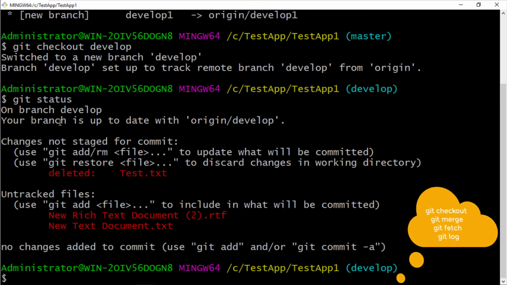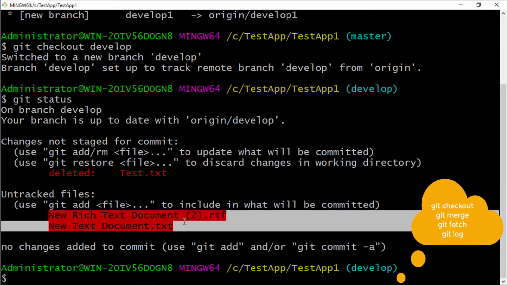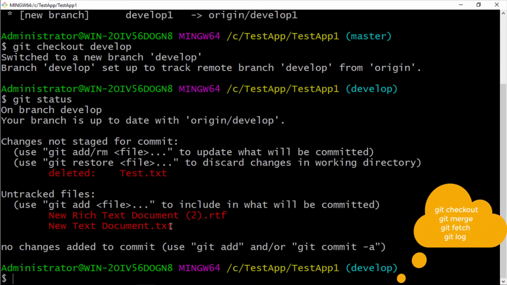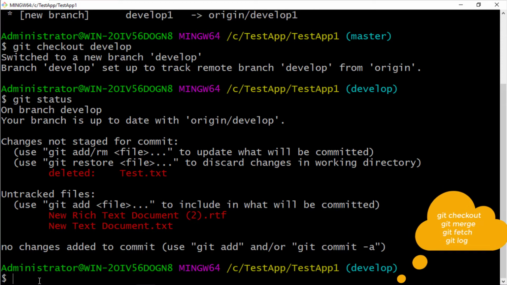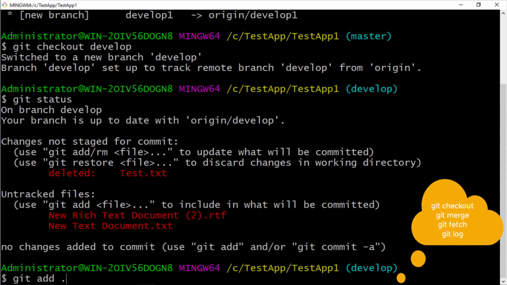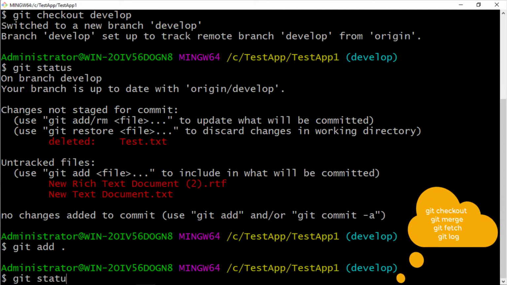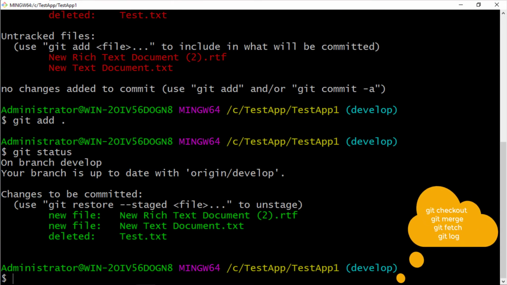See here, the logs are available. The deleted file is test.txt, and two new files were added, one is an RDF file and another is a TXT file. Now I'm going to add it in my repository with git add dot. Now check the status with git status. Now the three files are added.